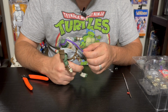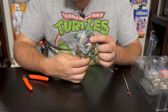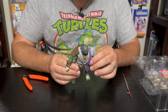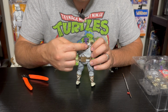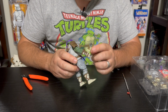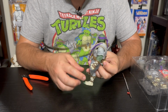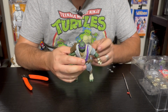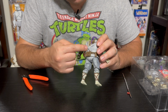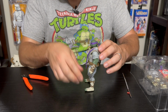I don't know if this is supposed to simulate a headband, but his headband is kind of independent, as you can see here. So, maybe when he has the helmet on, it's supposed to mimic the headband dripping down the side. You can see the holster here for the bow in the back. You can see this little arm guard here, this little wooden armor that's on the side here, and he's got the wraps on the front too. So those little leather armor bits, and then he's got that ring in the back on his little toga here. I mean, just a lot of different details on here, and of course